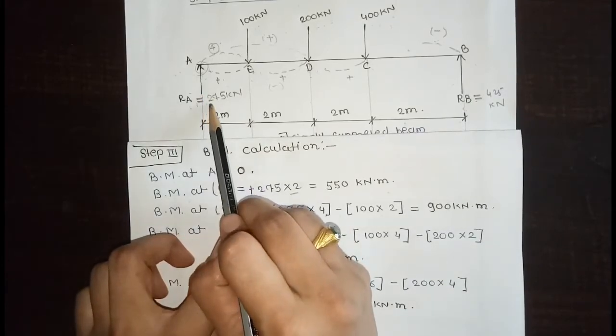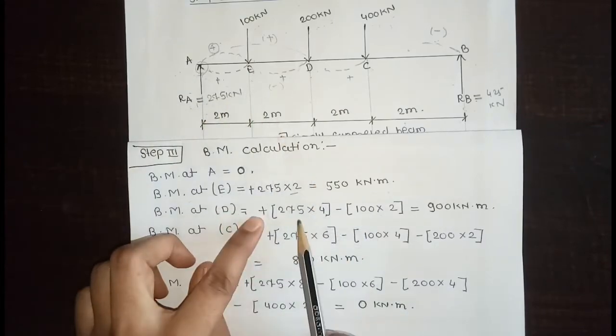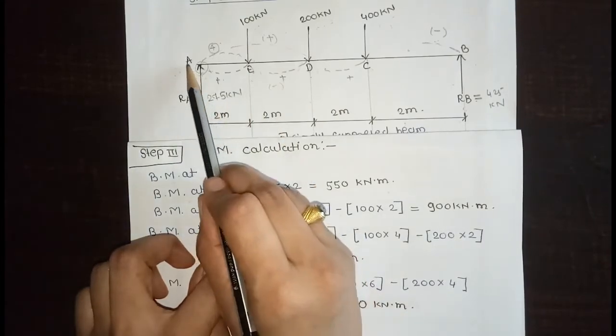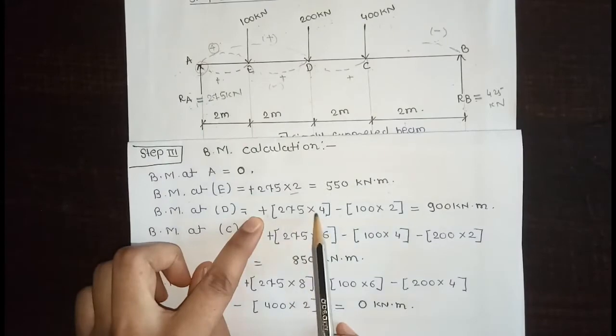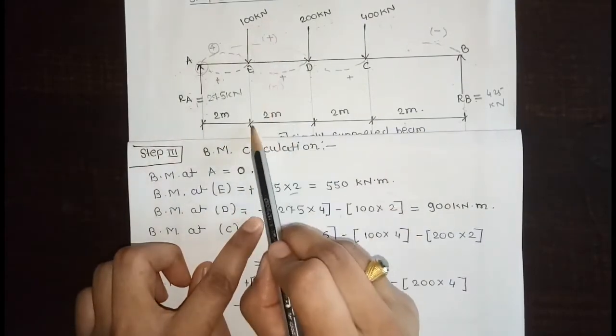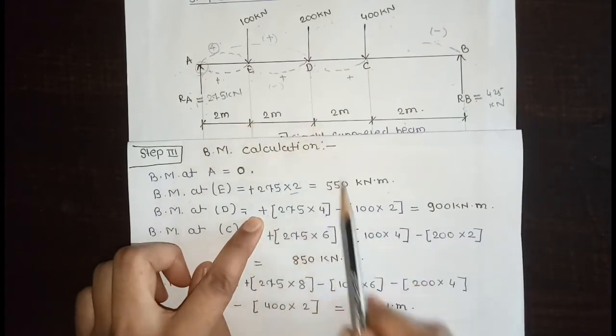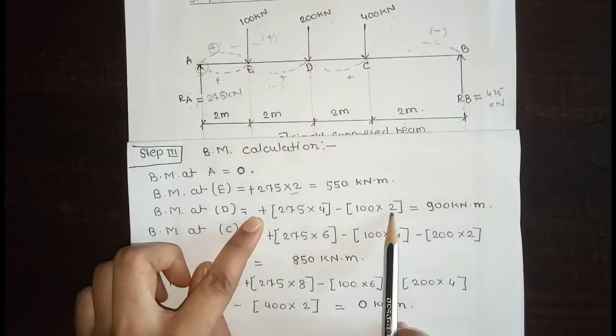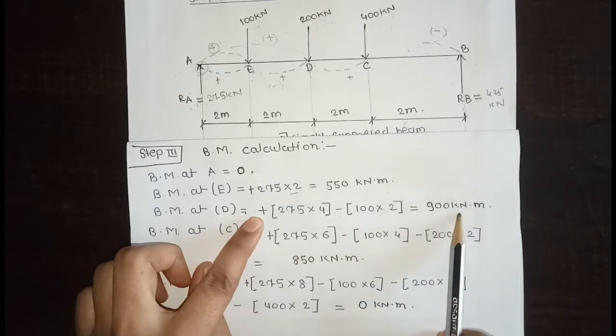What is the value of the first force? 275 into perpendicular distance A to D, 4. Then minus second force 100 into perpendicular distance, 2 meter, minus 100 into 2,